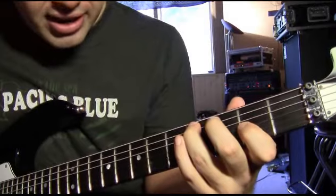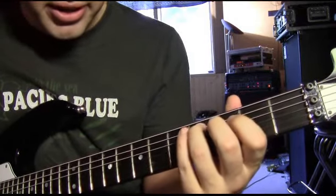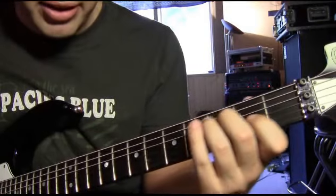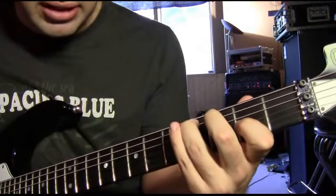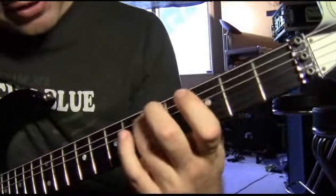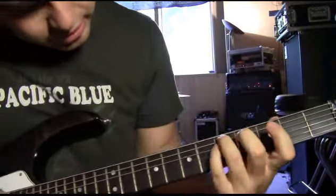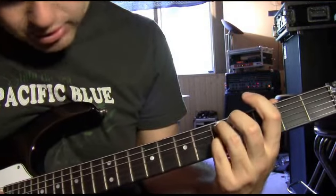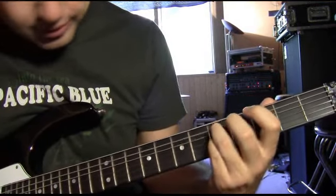Until here. And over here, instead of going like this, I was like this. I'm gonna slide this finger, this ring finger here, to the 5th fret and skip one string here and have the pinky on the 3rd string of the 5th fret. So it goes,